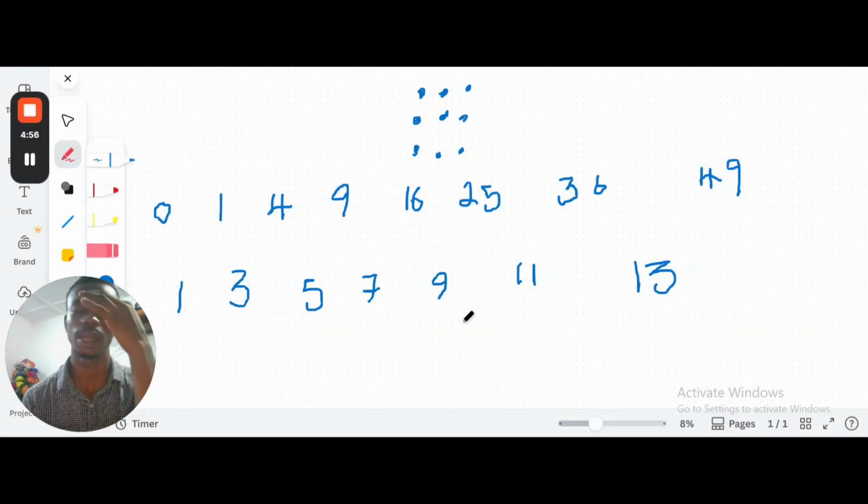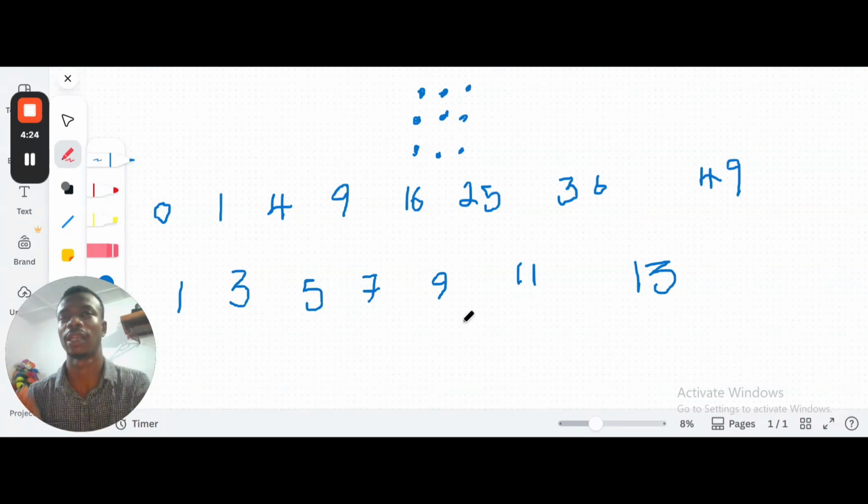Okay, so has anyone else noticed any correlation between square numbers and odd numbers? By square numbers, I mean numbers that are perfect squares. Think of 4 is the square of 2, 9 is the square of 3, 16 is the square of 4, 25 is the square of 5, 36 is the square of 6, 49 is the square of 7, 64 is the square of 8,